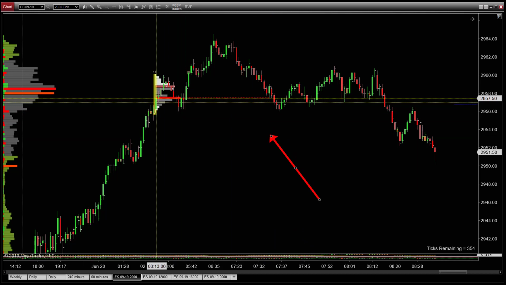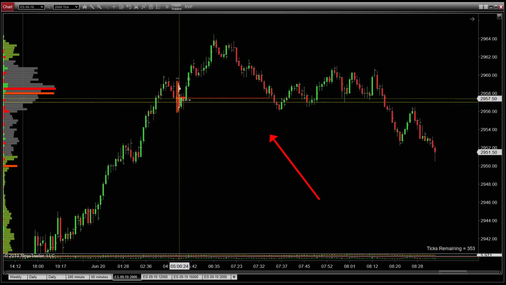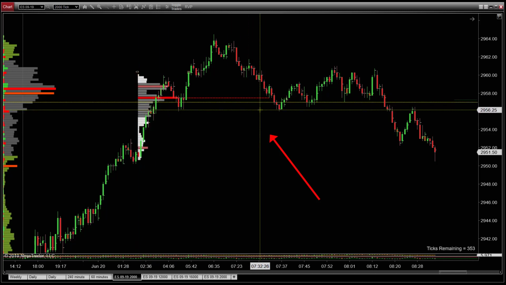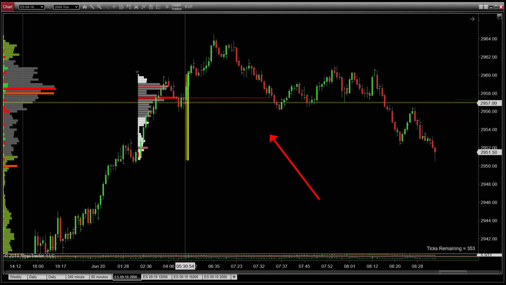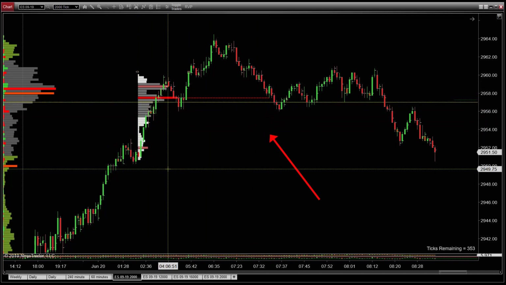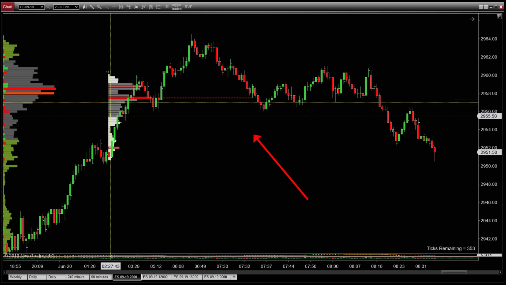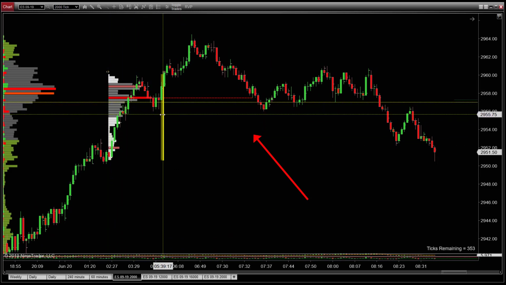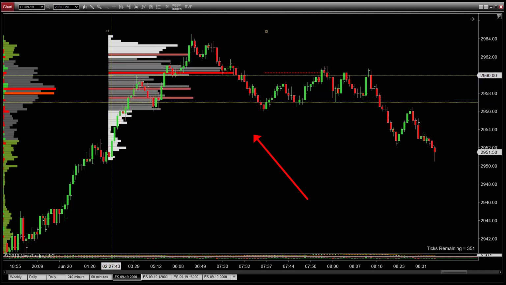But trying to see if I can get a decent profile here, and I don't think I can for this level right here. It just looks like nothing, but there's nothing there that I can really show you at that point. Let's move forward. So in this swing right here,